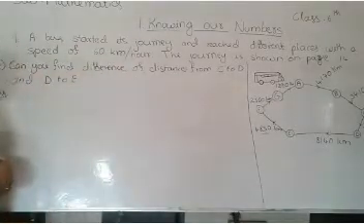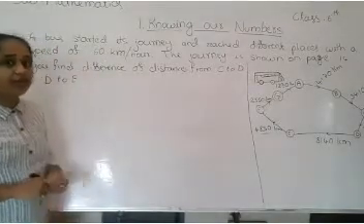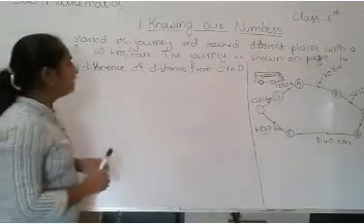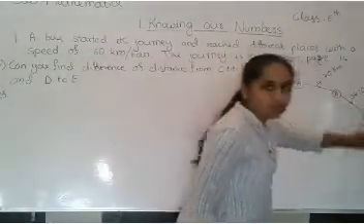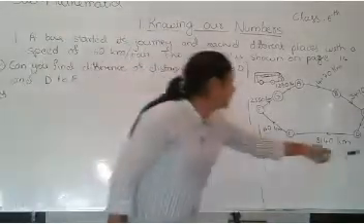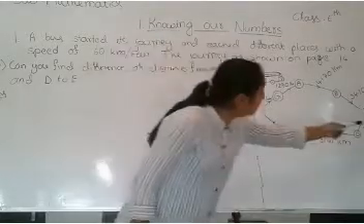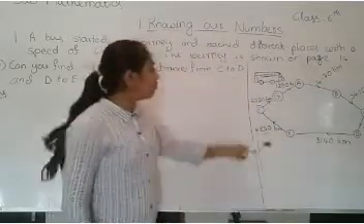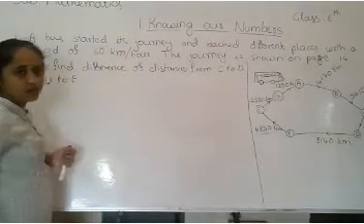Students, let's now, our fourth question is, can you find difference of distances from C to D and D to E? Yes, difference. Difference means, think what we have to do? We have to do here subtraction. Okay, let's see here. Distance of C to D is how much? 2160 kilometer, and the distance of D to E is 8140 kilometer. Yes, which one is big number? This one, 8140 is big number. So we have to write first big number because we have to find out the difference.